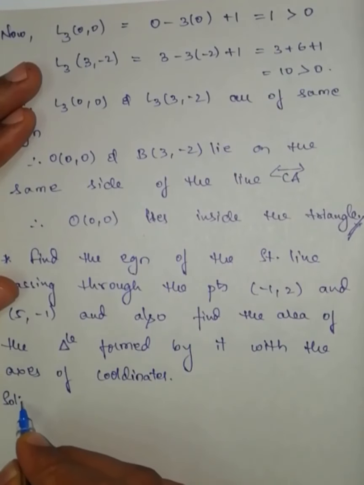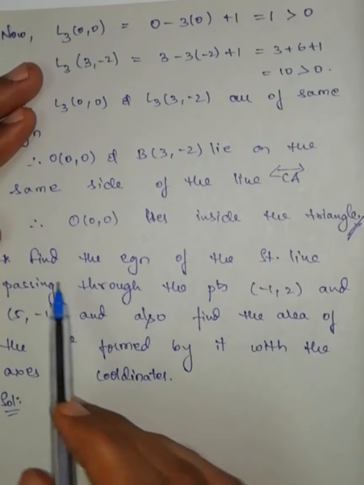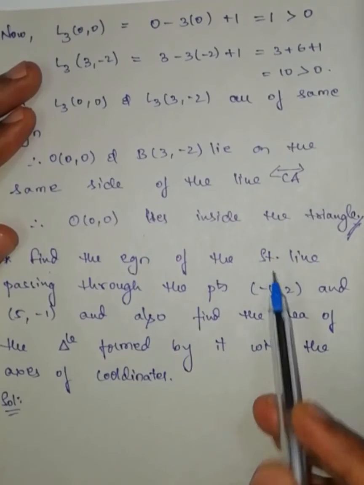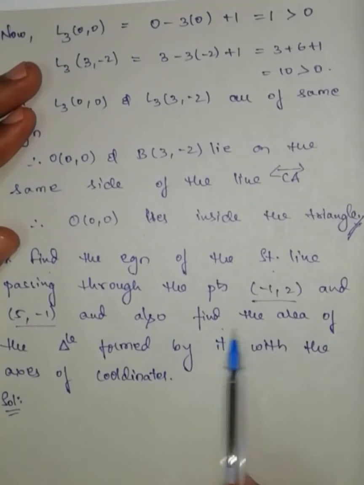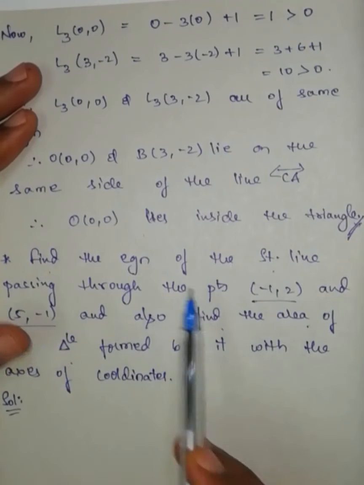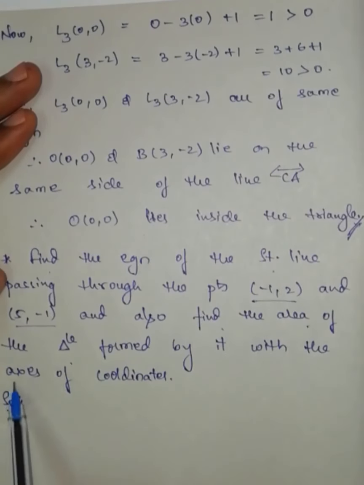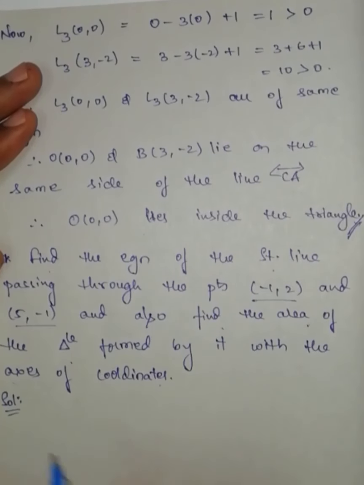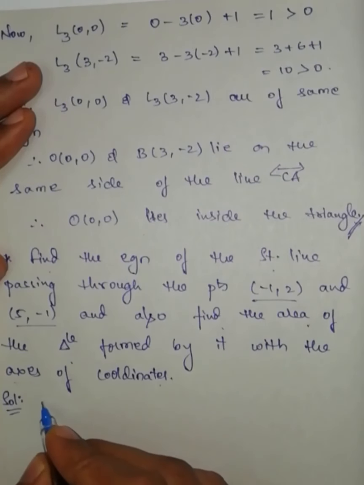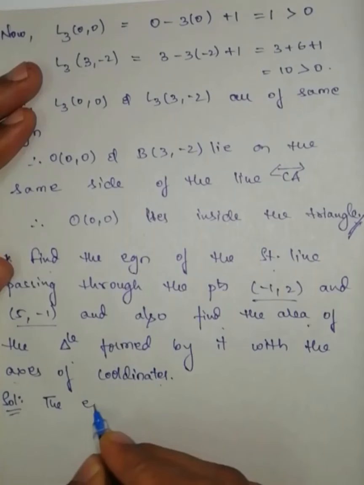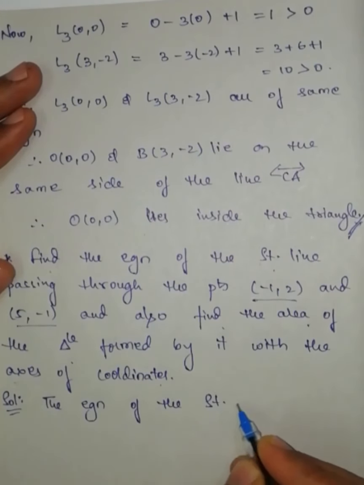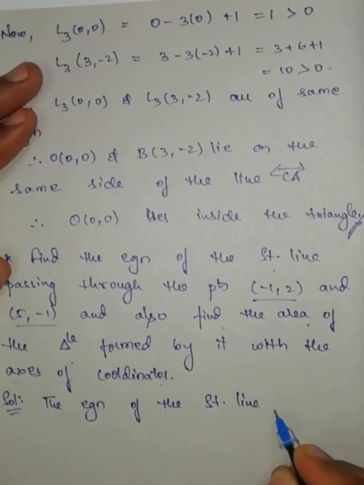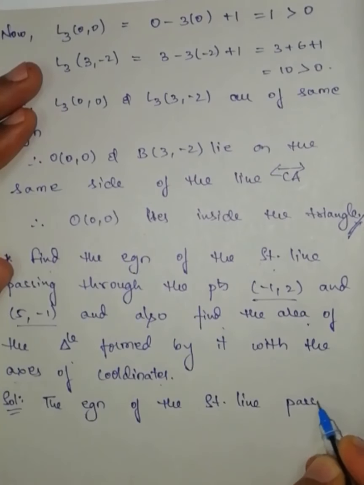Solution: We have to find the equation of a straight line which is passing through 2 points, and the second thing, we have to find the area of a triangle formed by this straight line with the coordinate axis. So the equation of the straight line passing through